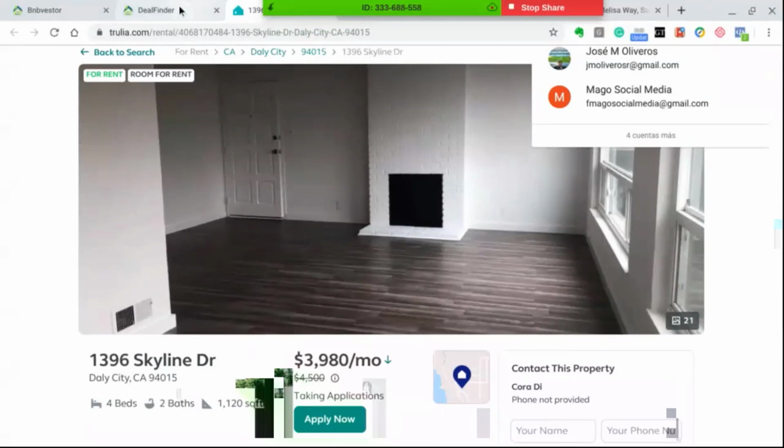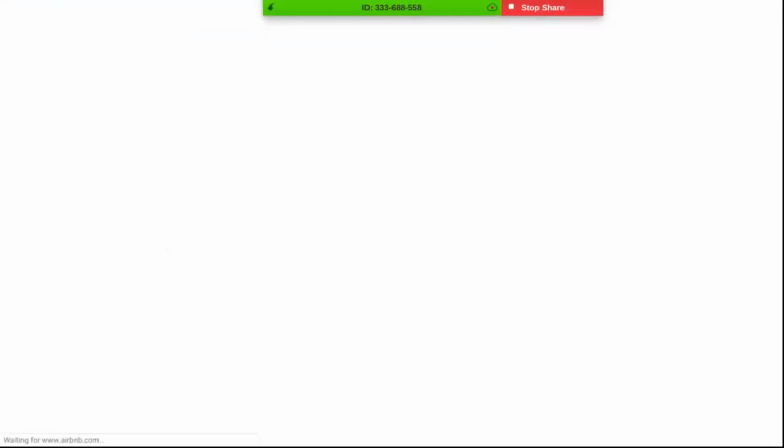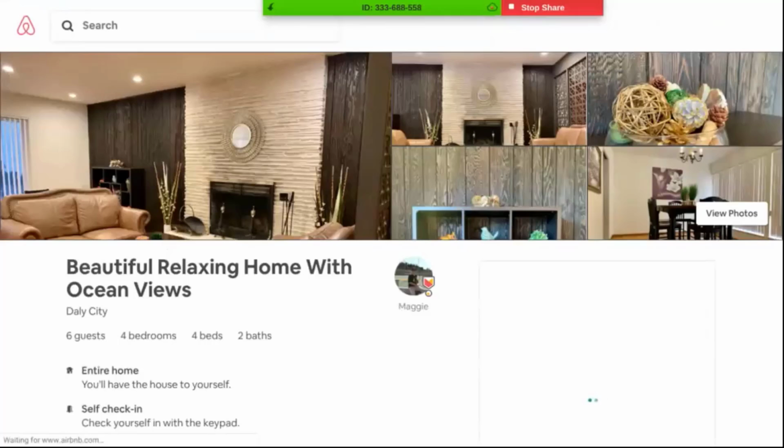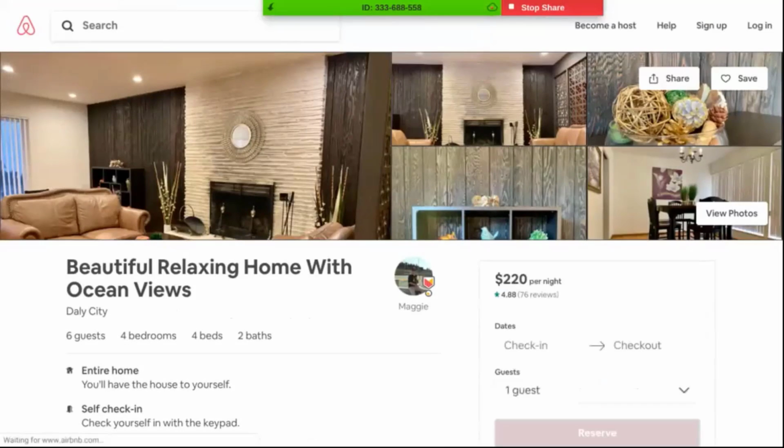Okay. Also, at the same time, going back into the deal finder, if I want to check any of the properties that are in my comparables in Airbnb, all I need to do is just click on top of the information of the property, and this is going to open the Airbnb page for me, and it's going to give me information on that property that was selected before.